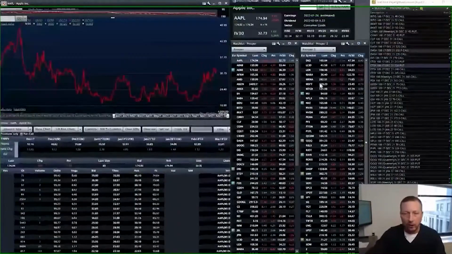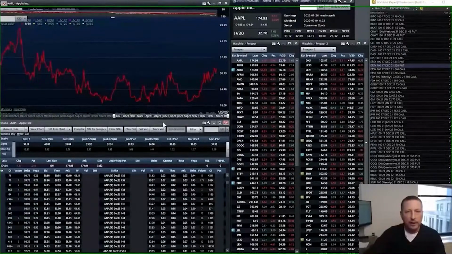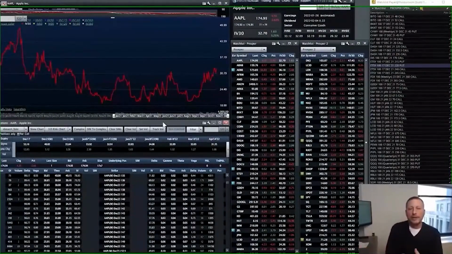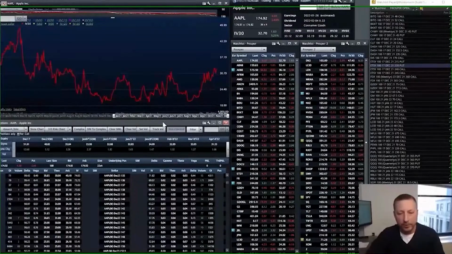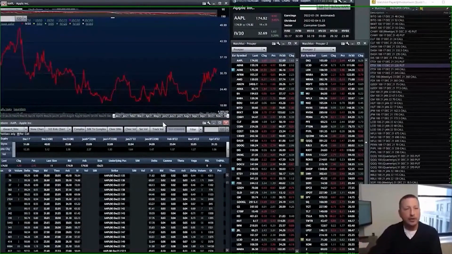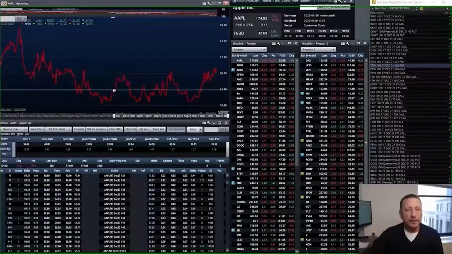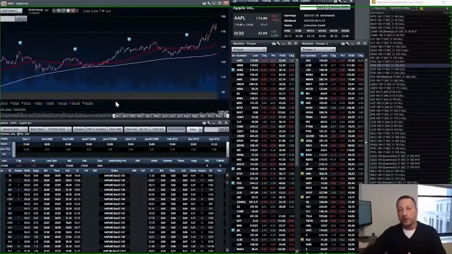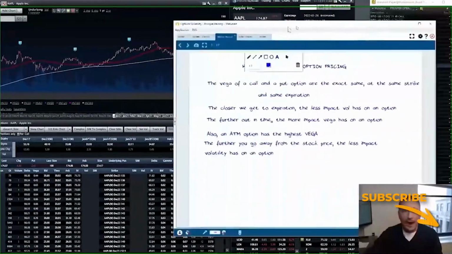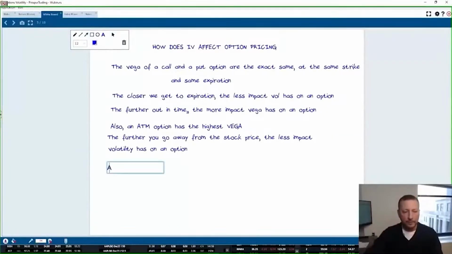And let's go back to our chart here in Apple. Now, when we're deciding to trade from a volatility perspective, we still need to do our analysis. We still need to do our diligence on direction, right? We still need to look and see, are we bullish? Are we bearish? Or even are we neutral? And there are different strategies and different setups for each scenario. The key to remember for any scenario you want to be in,